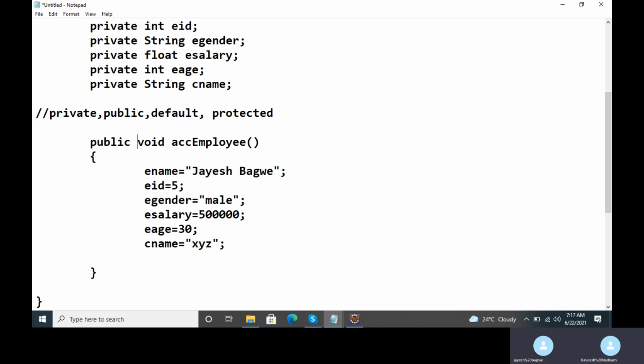So here I have defined a member function called acceptEmployee, having public. One more thing: what is meant by the public access modifier? When any member of the class is defined as public, you can access it anywhere inside the program, Jayesh.